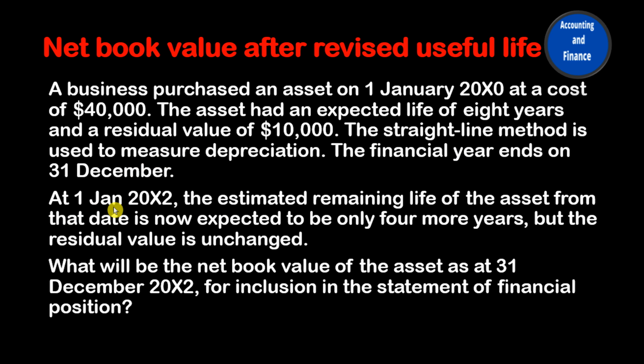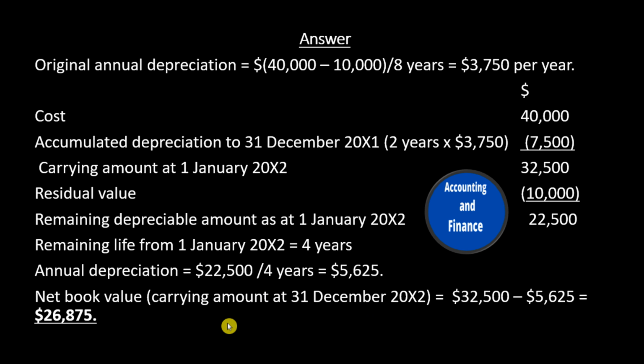At 1 January 20x2, the estimated remaining life of the asset from that date is now expected to be only 4 more years, but the residual value is unchanged. What will be the net book value of the asset as at 31 December 20x2 for inclusion in the statement of financial position? Answer: original annual depreciation equals